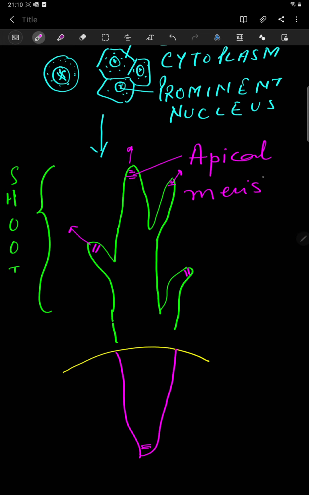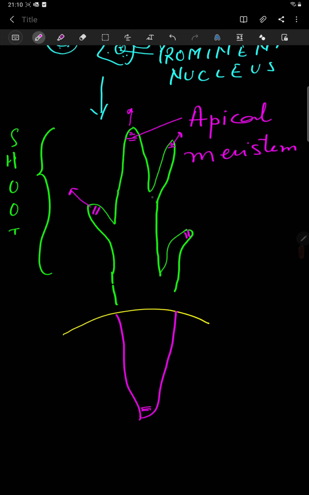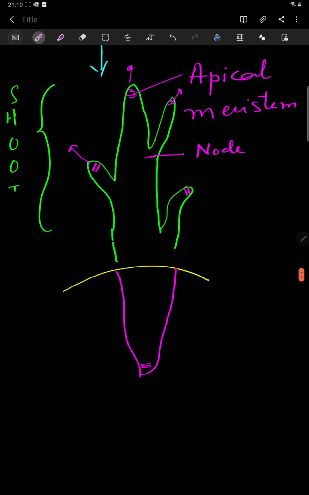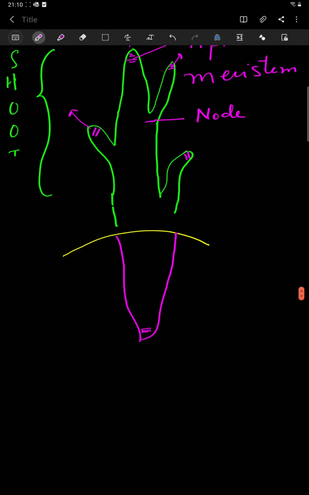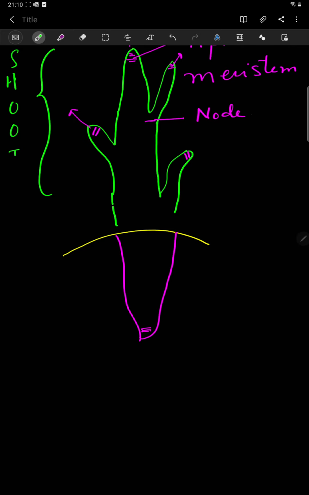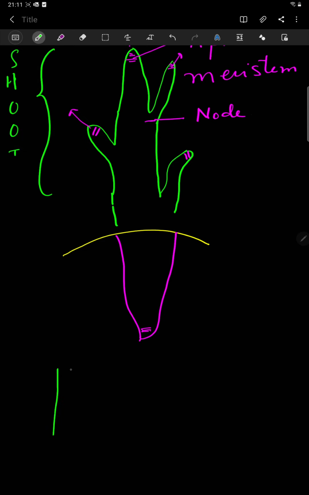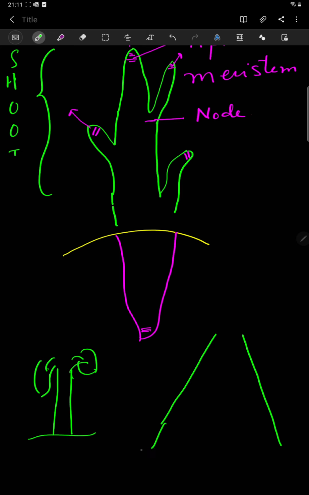Apical meristem. The cells are ready to divide. The place from where a new branch develops is termed as a node in the case of stem. In roots, nodes are absent. But as we know, when the plant increases in size, in length, consider initially a stem is having this type of structure when it is so young. But later on, after the growth, the diameter of the stem will increase. That means it will increase the girth also.